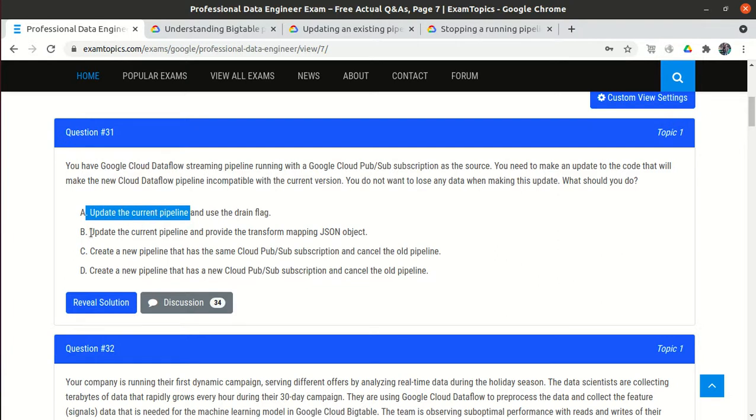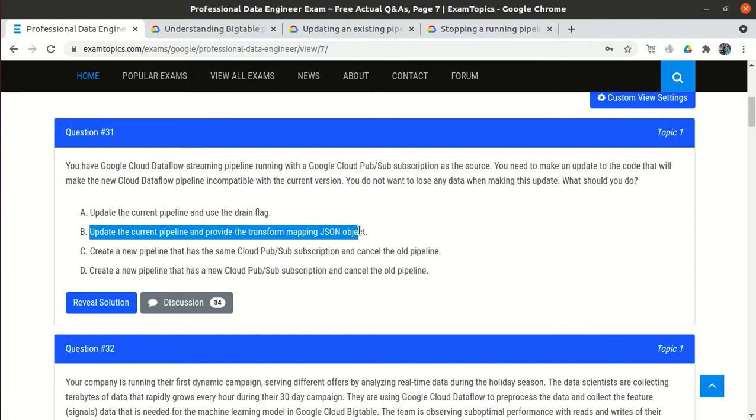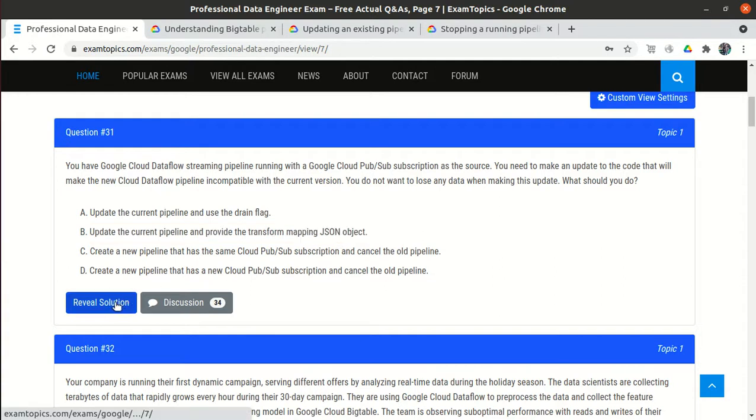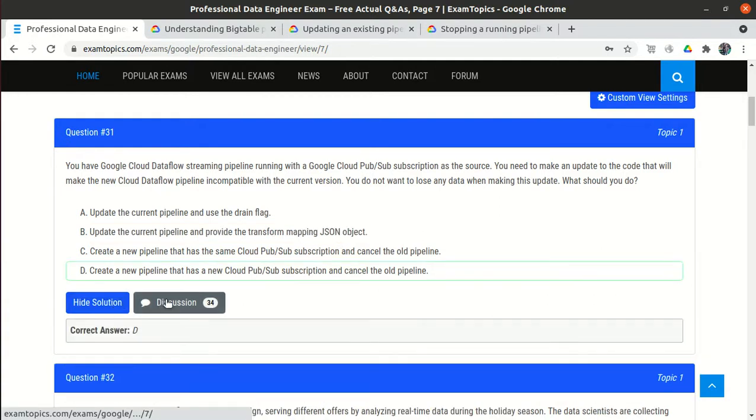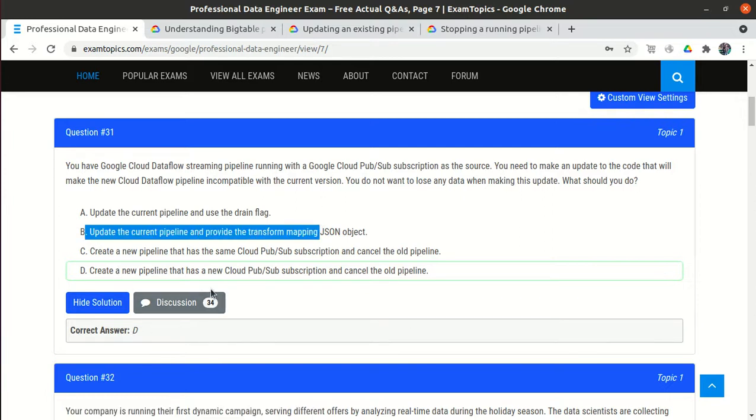But in option B, update the current pipeline and provide the transform mapping JSON object. So we update the current pipeline, and if we provide the transform mapping, it will solve the compatibility problem as well. So I will go with option B, but here the correct answer is mentioned as D, but as per me it should be B.